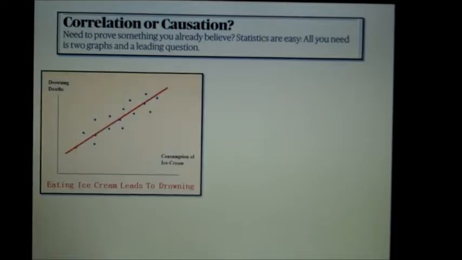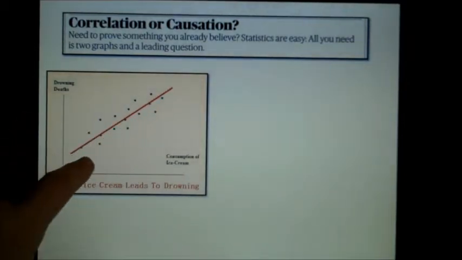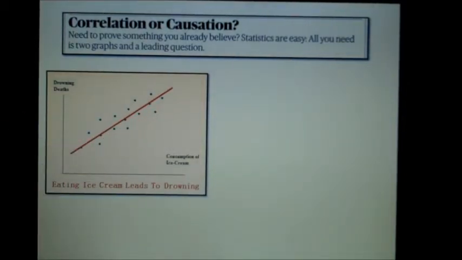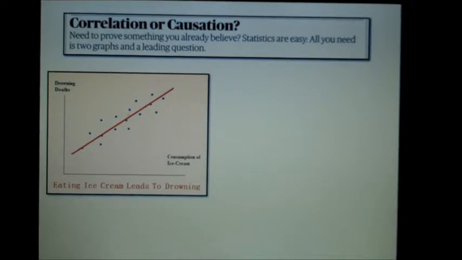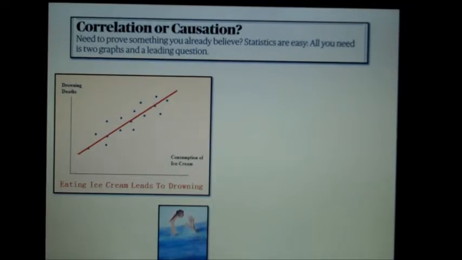So first example, let's take the amount of consumption of ice cream and drowning deaths. If you plot these two items onto a graph, it looks like we have a very strong positive correlation, meaning that the more ice cream people eat, the more drowning deaths occur. So the headline you could make here is that eating ice cream leads to drowning. And I sure hope that isn't true, because I am a huge fan of ice cream. I even have this little picture here of this person holding an ice cream cone above the water, just in case they survive, right? The ice cream will be okay and ready to eat.